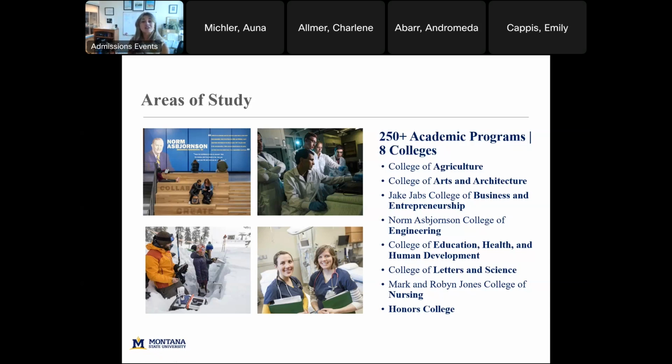The College of Arts and Architecture also houses our School of Music as well as our School of Film and Photography. Our School of Architecture was actually the first school in the nation to offer a 5.5-year architecture master's program. So that means in 5.5 years, you would get both your undergrad degree in environmental design and an immediate and accelerated path to pursue that master's degree,